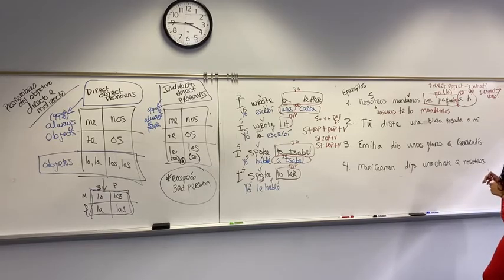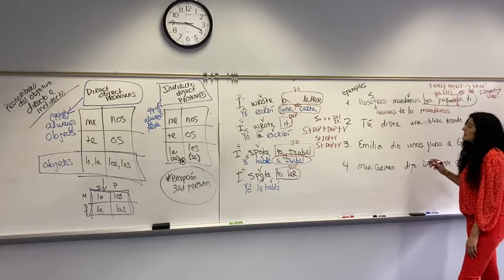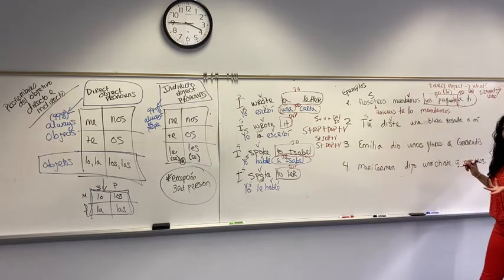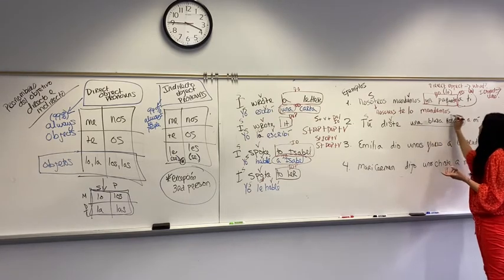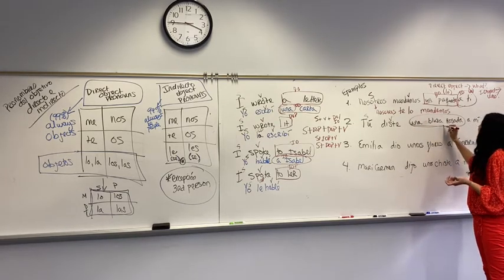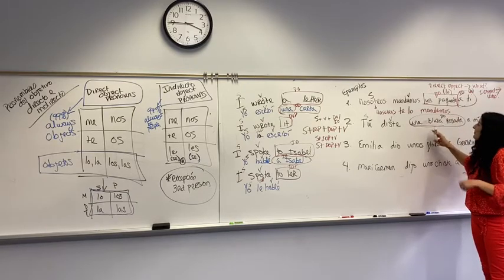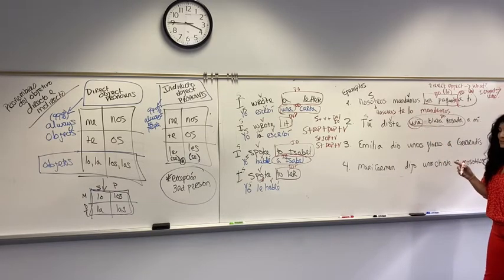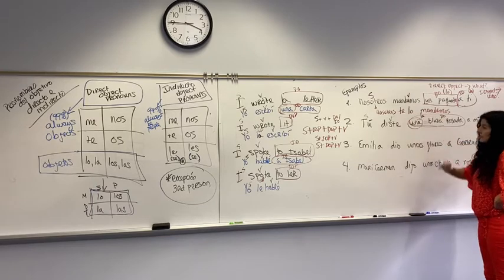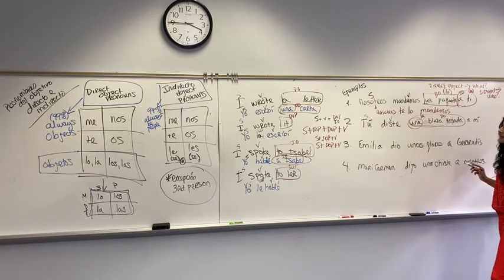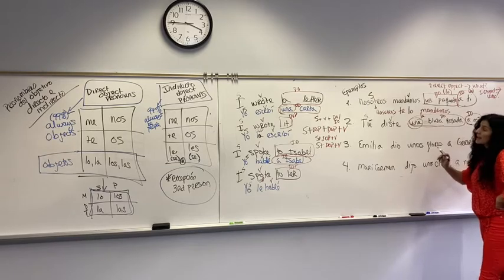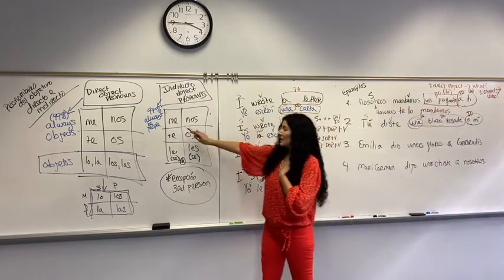Tú diste una blusa rosada a mí. So the subject is tú. The verb is diste. Then what did I give? Or what did the person give? They gave una blusa rosada, right? So that has to be the direct object. And una indicates to me that it is both singular and feminine. So we know that we're going to use la, right? And who did we give this shirt to? We gave it a mí, okay? So that is going to be the indirect object. And we know that me is yo, right? So that's going to be me.